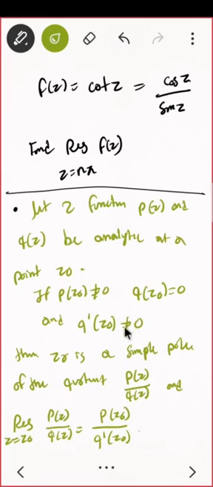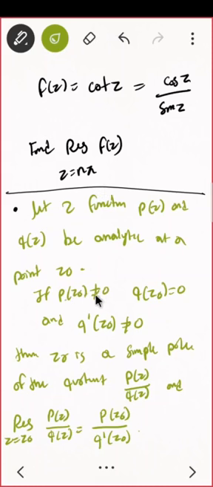The first thing you need to make sure is that your pole must be a simple pole. So in this case, do you see it is a simple pole? Z equal to n pi. It is a simple pole. It is not repeating two times. For different values of n, it is having different poles. Z equal to pi, 2 pi, 3 pi. Everybody is a pole for me. So what next? And whether this is satisfying this condition.